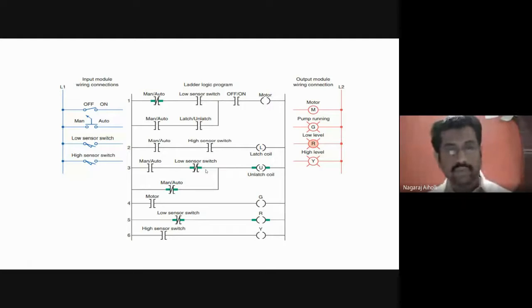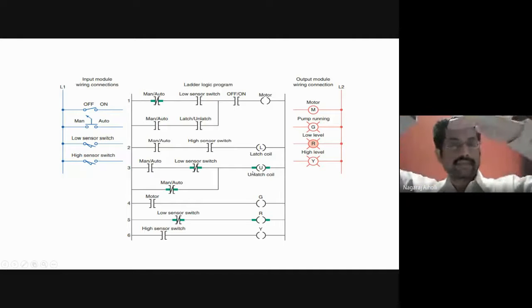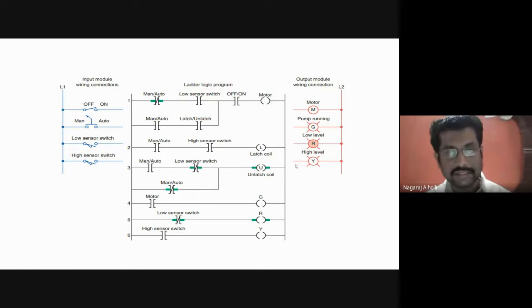And then what we have to do is, whatever previous condition we have latched here, we now have to unlatch that. That is, that bit we have to make 0, because we have already started to fill the tank, right? The bit is not required here, so we have to reset that bit. Whatever status we had stored earlier, we don't require that now, correct? So we are unlatching that condition. That is the unlatch coil here. Then this manual bar auto mode, it is in the parallel branch. It is also for a similar condition. We are releasing this manual bar auto switch.